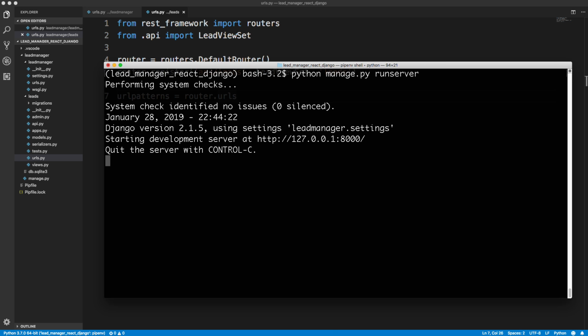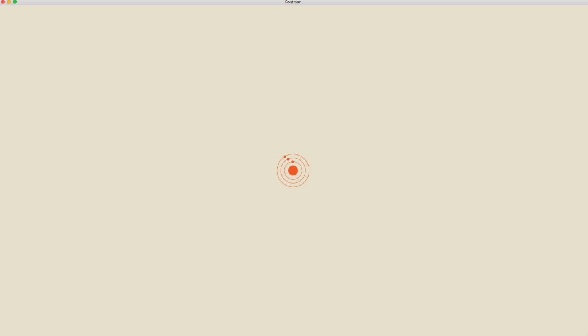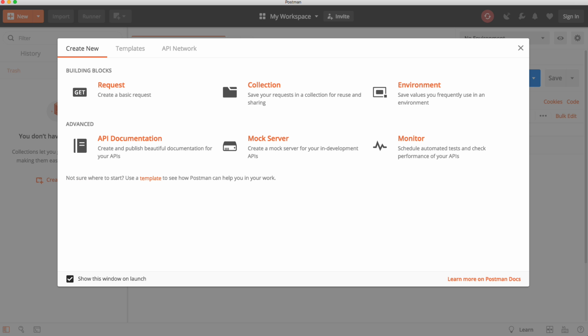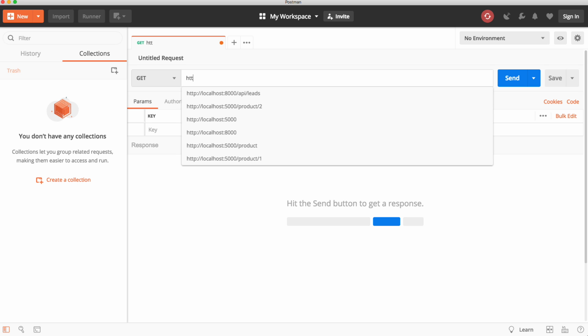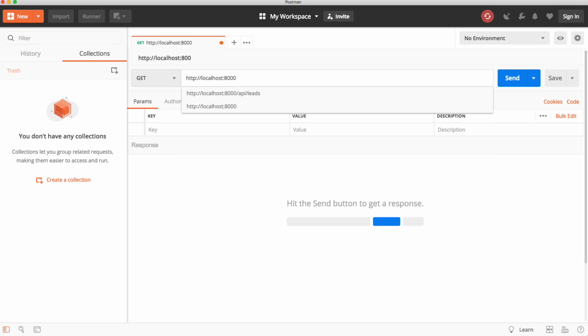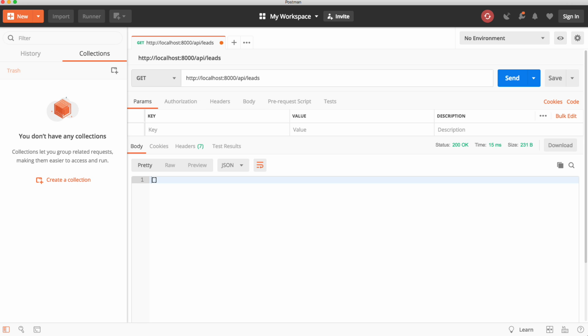Okay, and as you can see, it's on 8000. Now I'm going to open up Postman. That's what I'm going to use to make my requests. If you want to use something different, that's fine, but Postman is fantastic and easy to use. So we can make all types of requests. So I'm going to make a GET request to http://localhost:8000/api/leads. Okay, so what we get is an empty array, which is what we should get because we didn't add